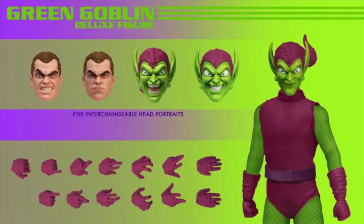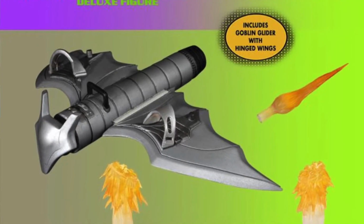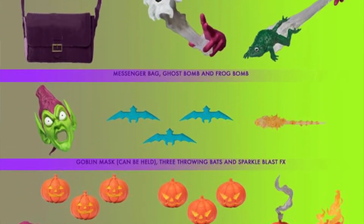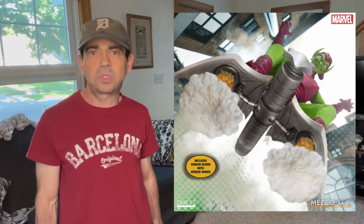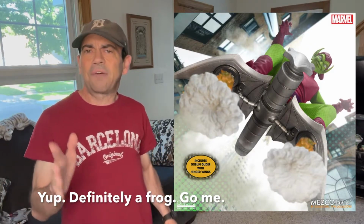Green Goblin comes with like 15 hands, he's got 5 heads, he's got his glider, he's got all kinds of pumpkin bombs, he's got weird stuff that I didn't even know about. I had to really search online to find out about the other stuff he's throwing, like the ghost, and I think another's a frog. I don't know. There's all kinds of stuff. It wasn't really on my radar as something I wanted to collect, so I didn't get into it too much,